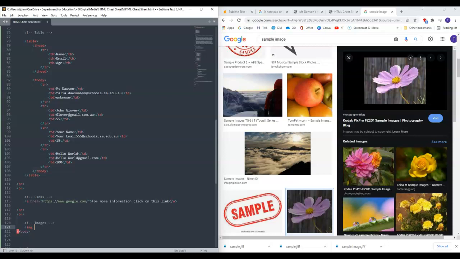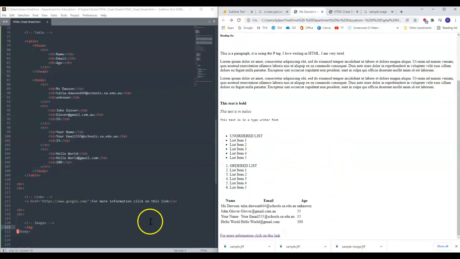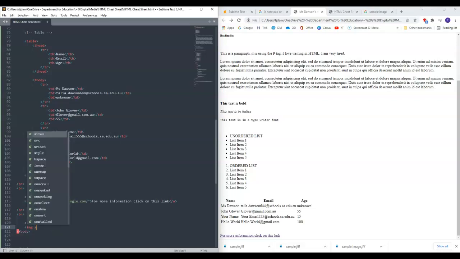Otherwise, if you just write img in, it's not actually going to know what image you want to have on your web page. So what we are going to do is include a bit of a link. So our src, source, equals. By the way, all of these purple things here are called attributes, whereas the red is a tag. So our source is quotation marks,